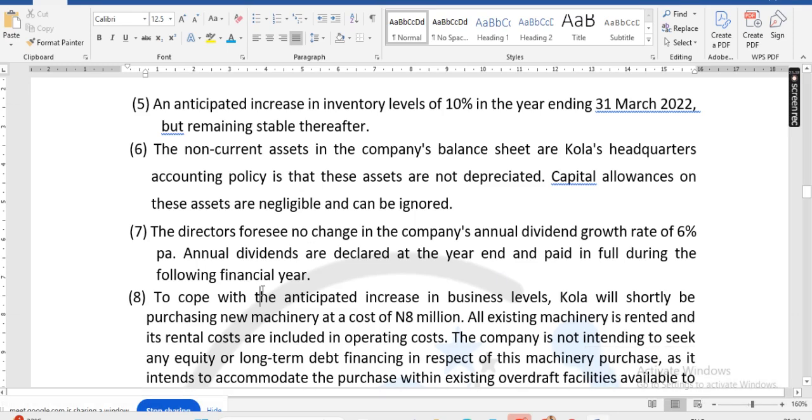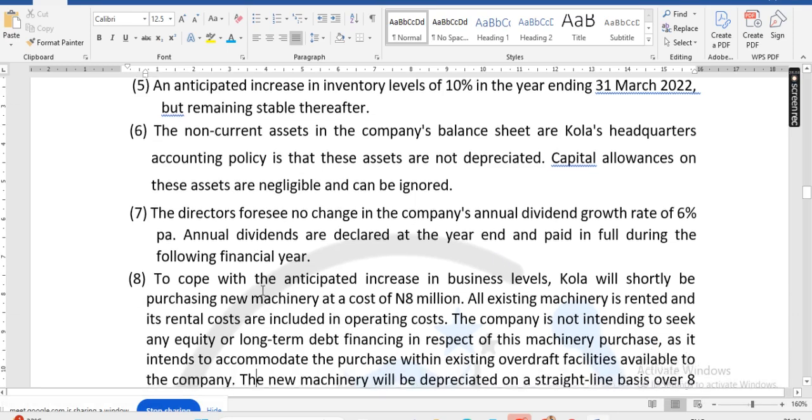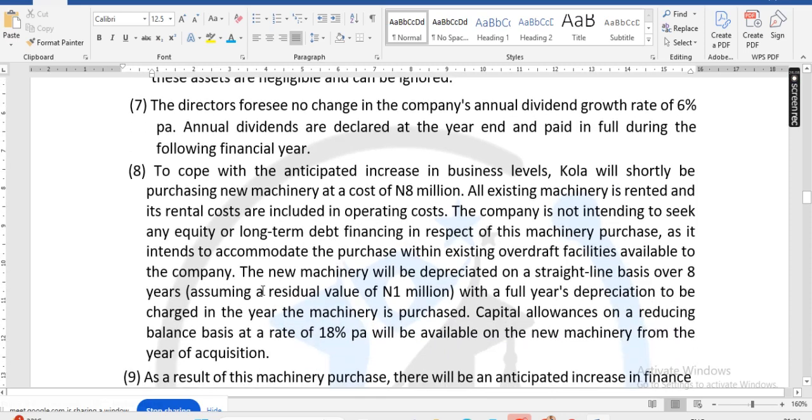So, next, Roman figure 8. To cope with the anticipated